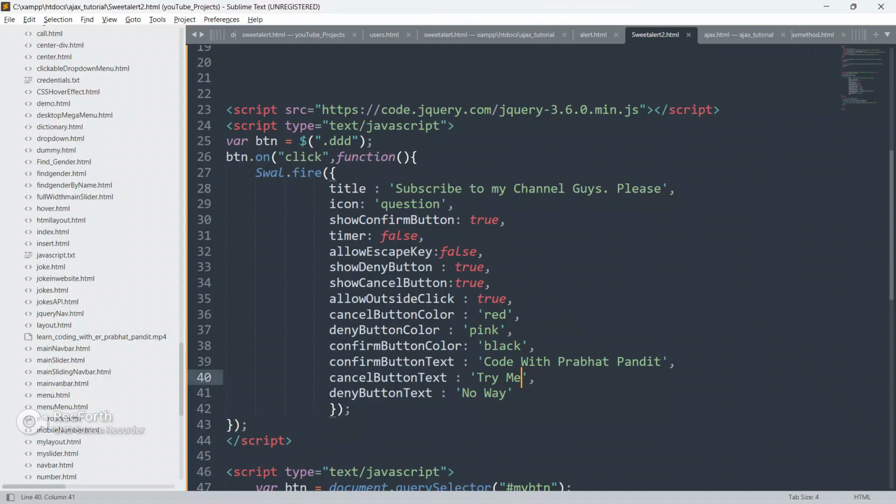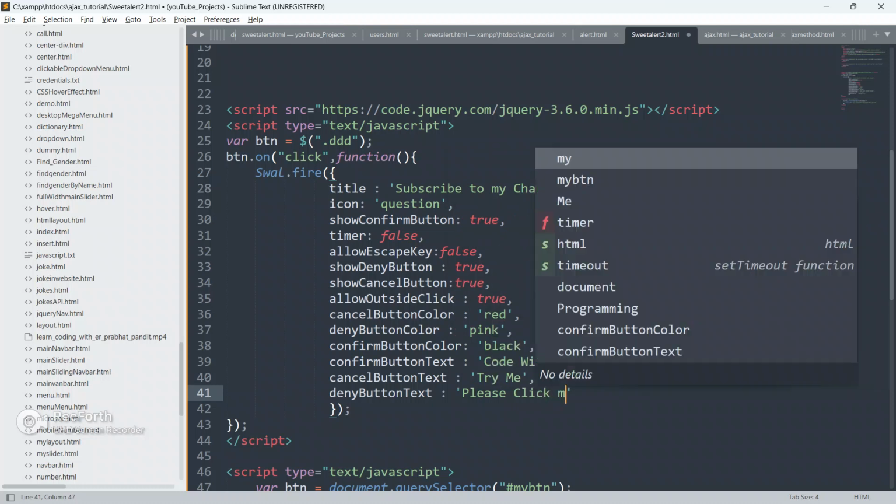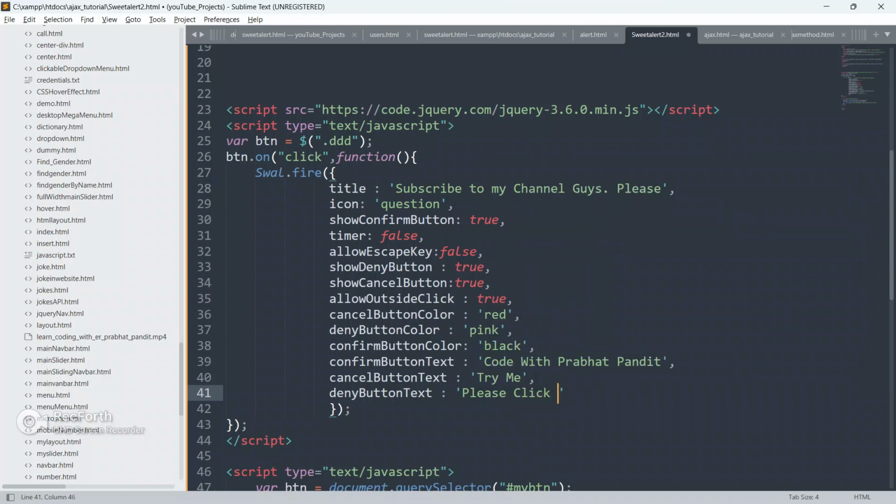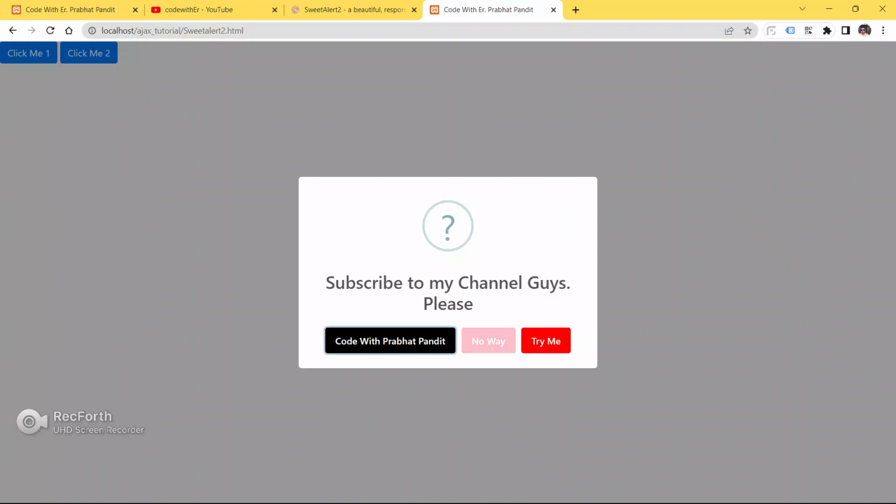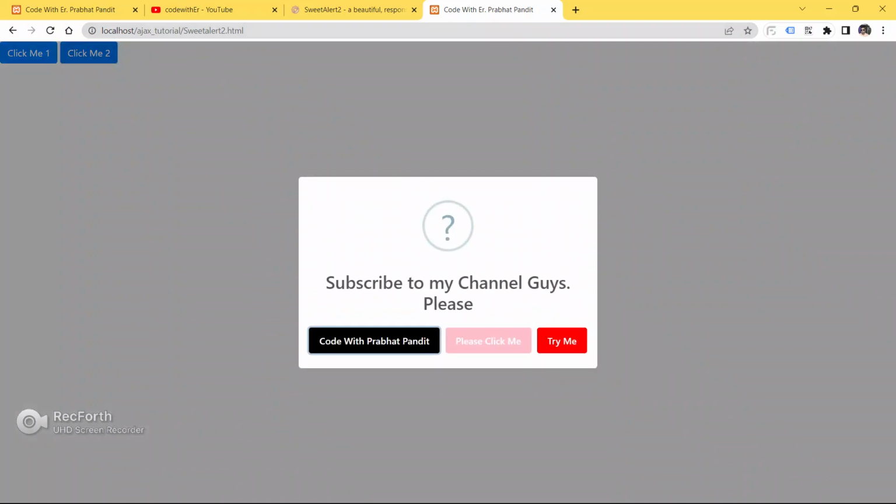So we can change this deny button text also, guys. As of now I have given "no way," but we can change this to "please click me." Save your code, go to the browser and refresh your page. Click on the button too.